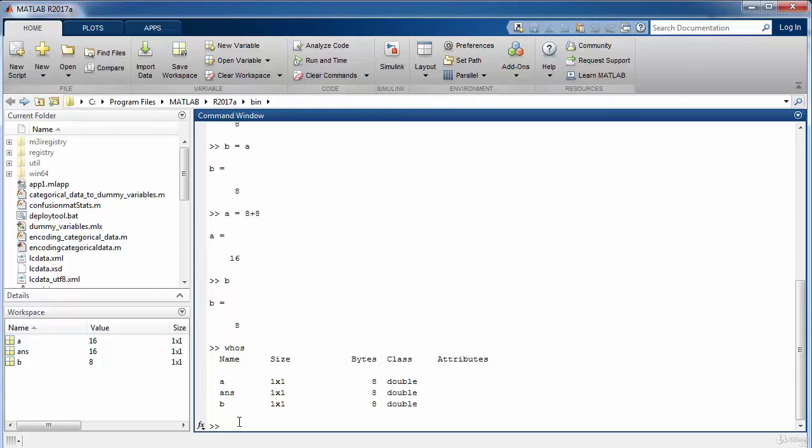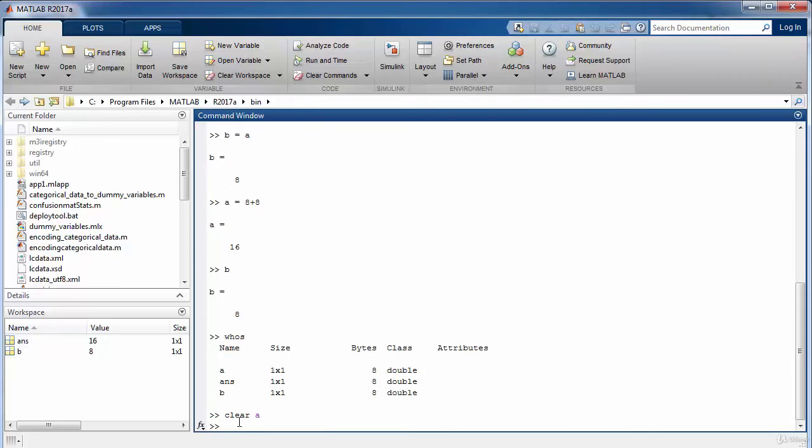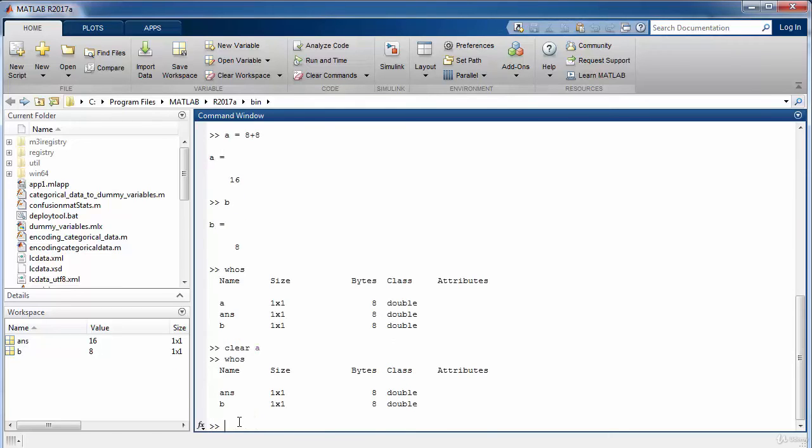If you want to delete a certain variable, and that may be needed because every variable is holding some of our memory resources, the clear command is used for that purpose. So if we want to clear the variable a, and then we write whos again, you may note that the variable a is no more in the workspace, and as a result it is also no more displayed when we write the whos command.